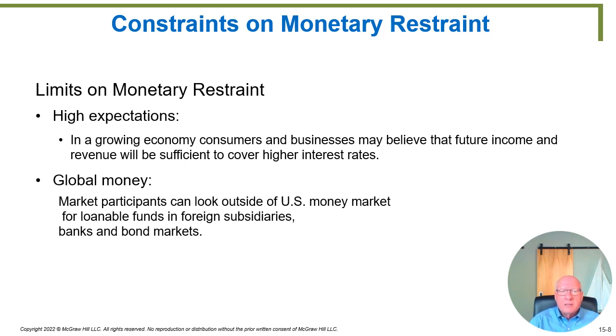So here's one last thing we're going to be talking about: monetary restraint. I was just paying attention to my own slide. Instead of stimulating the economy, now we're going to try to slow the economy. Now remember, the Federal Reserve could do that by what? Reducing the money supply, triggering an artificial shortage of cash that would cause interest rates to rise, and that would slow the economy. Now, what would cause that to not work?